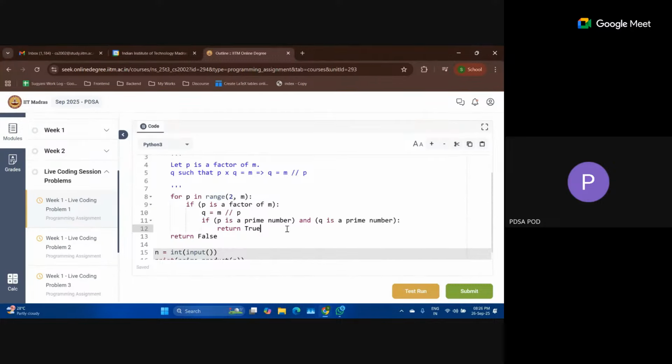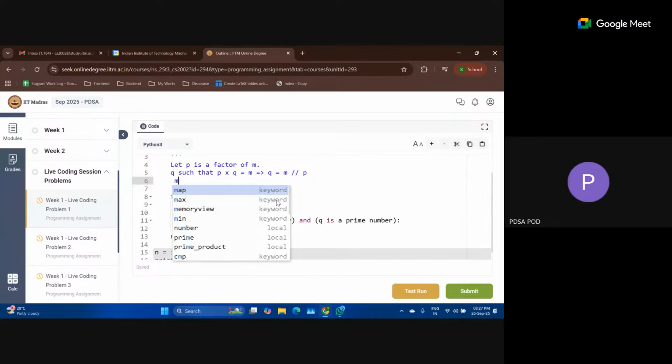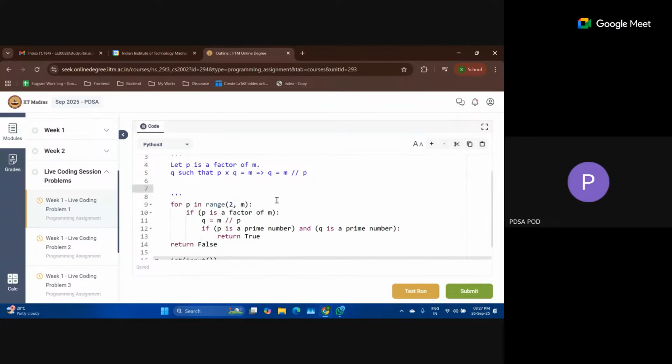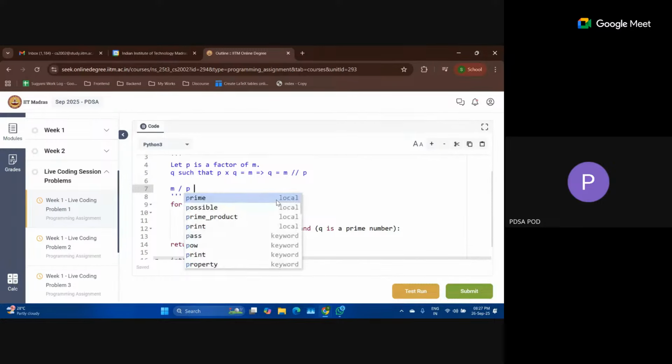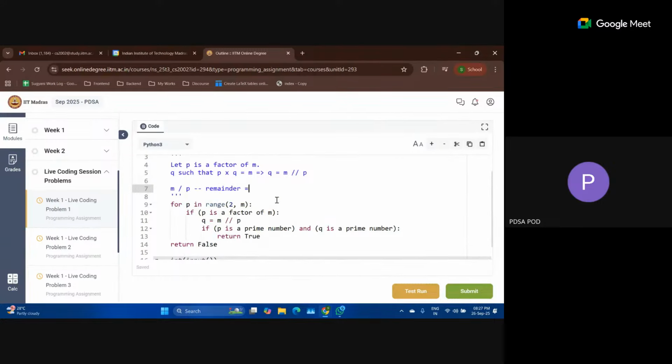Okay then. So now there are two parts that we haven't addressed yet. The first question is how to know whether p is a factor of m or not. How do we know whether a number is a factor of another number? The idea is, when we divide m by p, the remainder should be equal to 0, right?